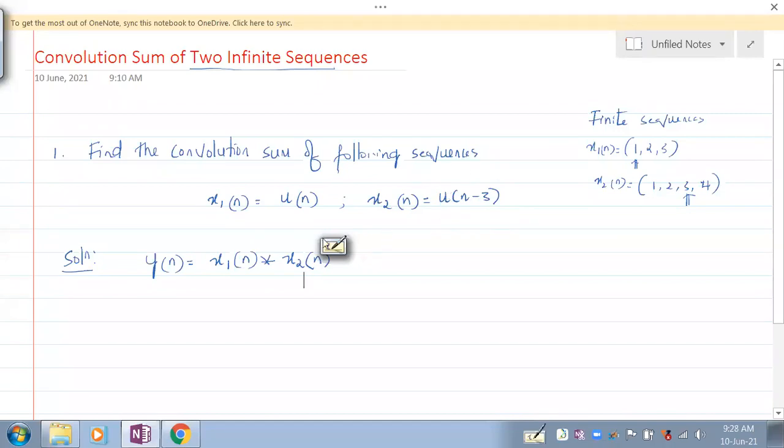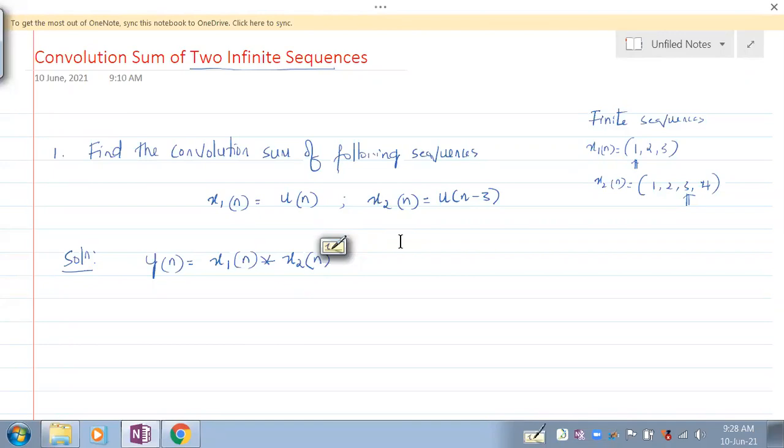So in that sense, u of n is quite simple, and it says that it starts at n equal to 0 and goes till infinity. It's 1 from 0 to infinity is what we understand, but this is 1 from 3 to infinity. So something extra knowledge is needed here. Comparatively, we can say x1 of n is easier than x2 of n. Fine. So this is my suggestion. It's not there in the textbooks. It's something that I have found out, and I feel that this is what is going to help you.